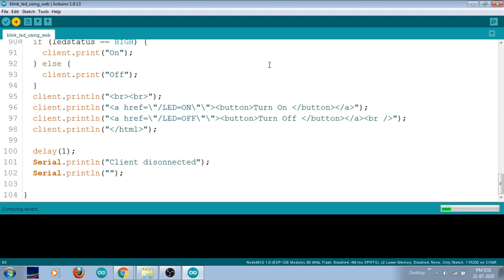So now I have made my browser a server. By using this particular server IP address, I am controlling my home appliances. In this case I have connected my LED. If I click on turn on, it is turned on, and the same is communicated to my serial monitor. And now if I press turn off, the same is communicated immediately, it responds.